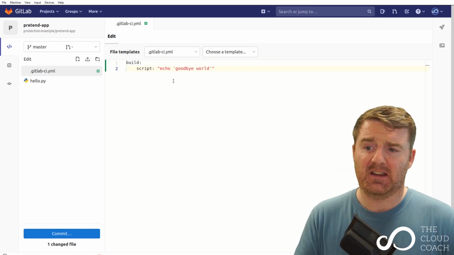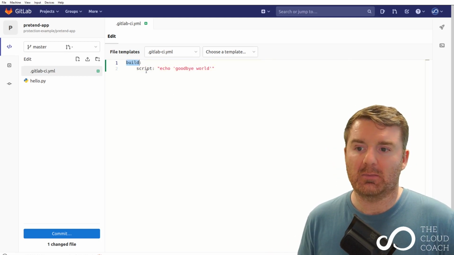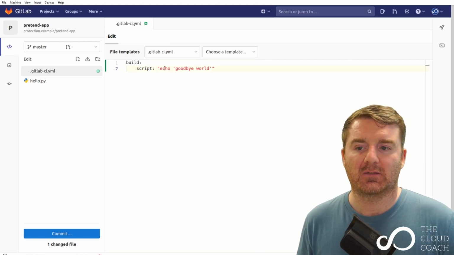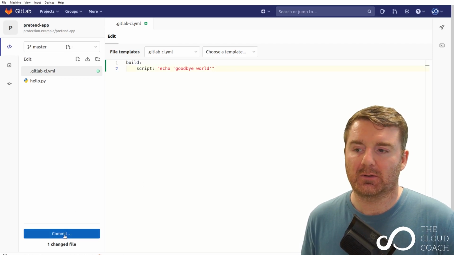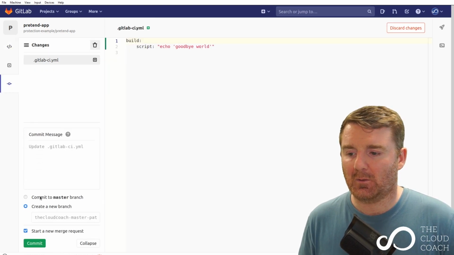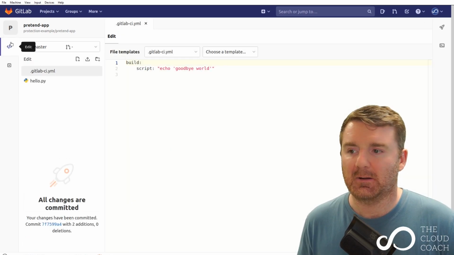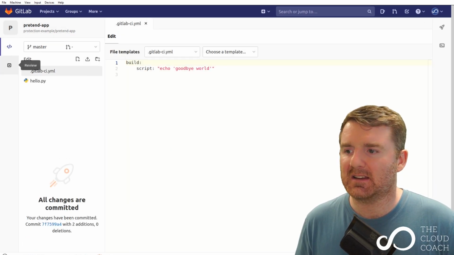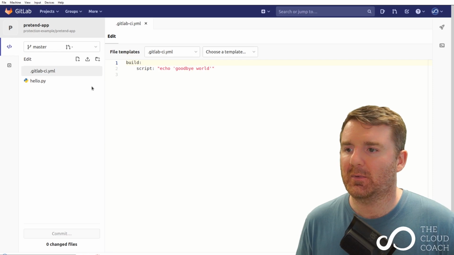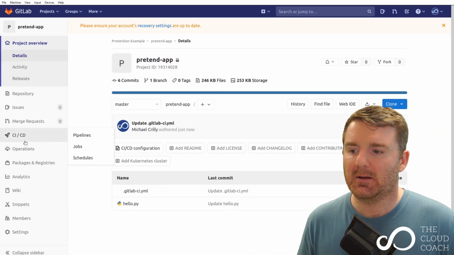All we're doing here in the CI file is defining a job, specifying the script we want it to execute. It's a single line inline script. We're just saying run the echo command and give it goodbye world. That's it. That's all we're doing. So we're going to commit that. We're going to commit directly to the master branch. That's been committed. So if we now exit, if we leave the IDE and go to pretend app, go to our pipelines,